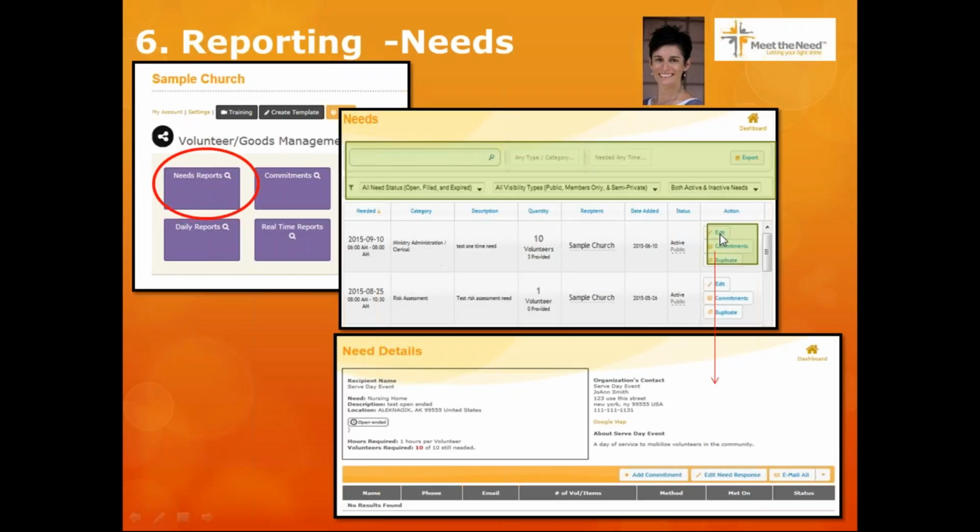On this needs report, you can also edit any need that you've posted. You can duplicate a need and make changes to it if you're going to do several needs of the same type. And you can go to the commitments and see who's committed to that need so far, and even add a commitment or edit a response of someone who's already committed. So quite a bit of activity that you can do through this report based on searching it by the need